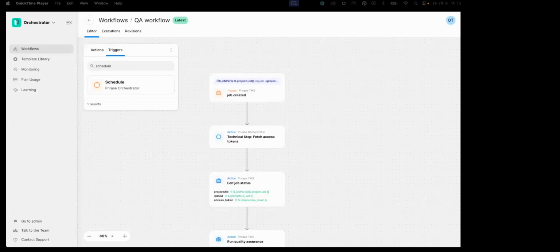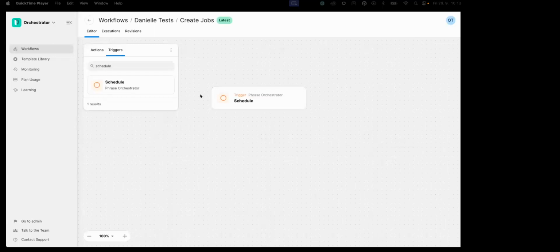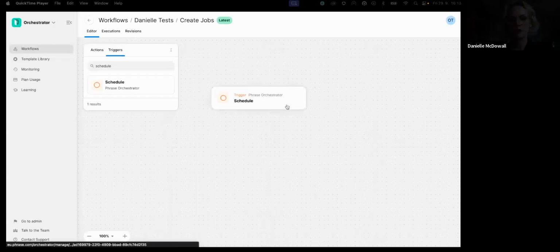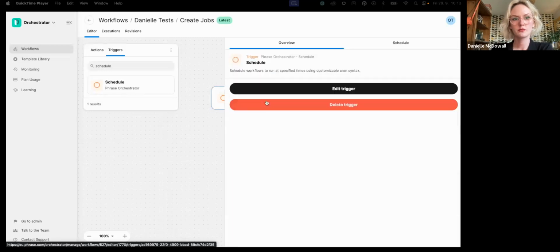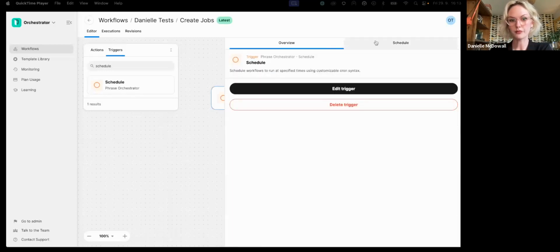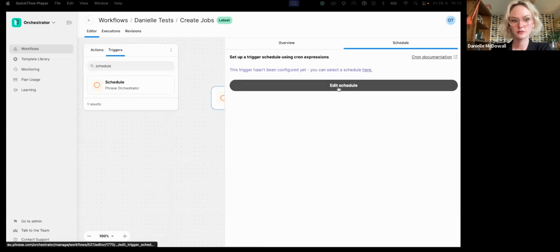But if I take you over to another screen here, you can see I've got another trigger called schedule. So instead of being event-based, where the trigger happens because an event passes, we can make this trigger based on our custom specified schedule. So clicking that and then going to the schedule view, you can configure that particular schedule